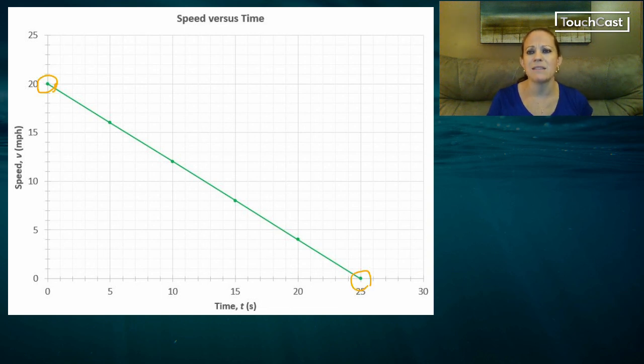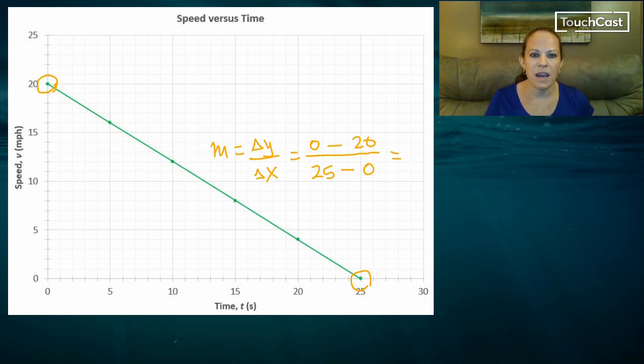We'll take the two at the ends, (0, 20) and (25, 0). And again, we will do change in our vertical axis variable divided by change in our horizontal axis variable. Our y-axis ended at 0 in value, but started at 20. And our run here, our x-axis values, ended at 25, but started at 0. So we get a decrease of 20 on top with an increase of 25 on the bottom,